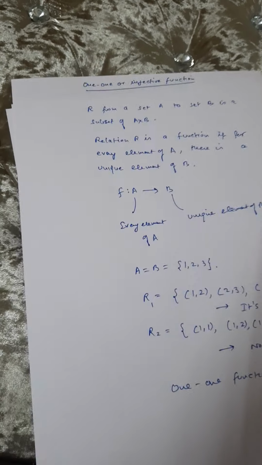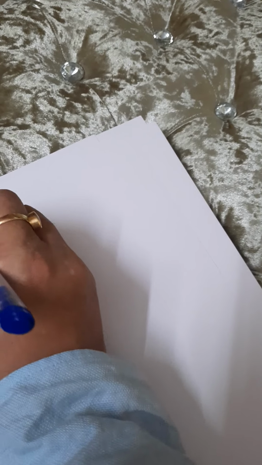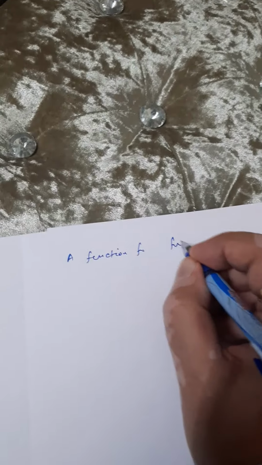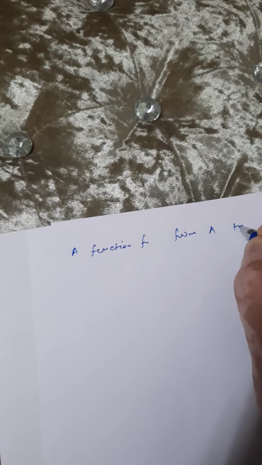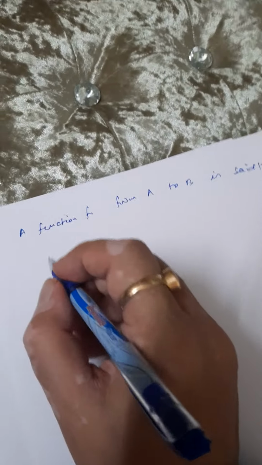Now, I will define what is a one-one function. A function f from A to B is said to be one-one